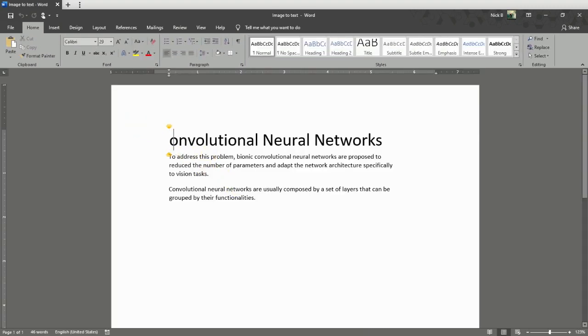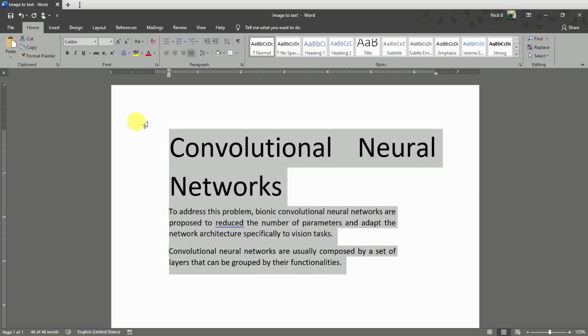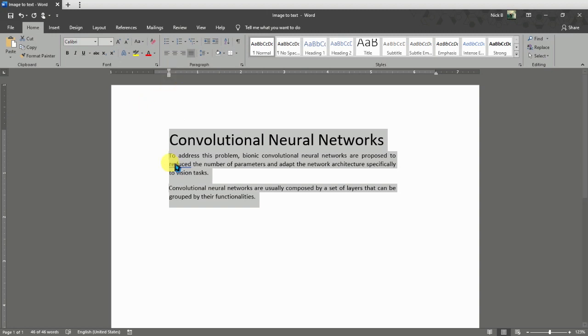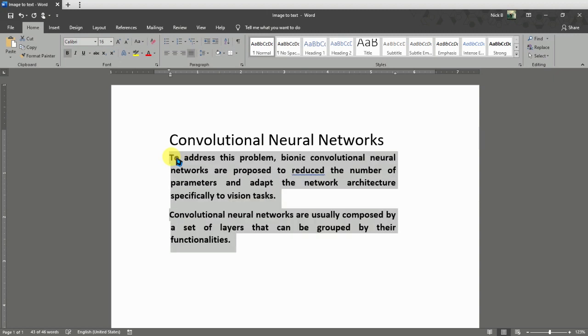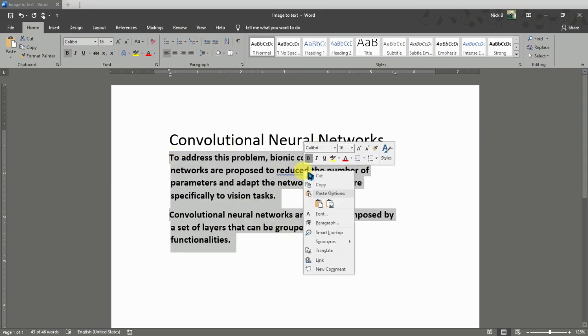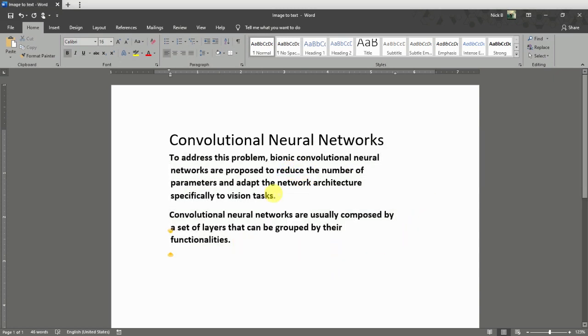You can see I can do everything with this text. I've got my text from the image. You can increase or decrease its size also, and you can do everything you want with this, and you can also save it again as a PDF. Let me make it bold and also increase the size, and reduce. Okay guys, so now you can convert an image into text.